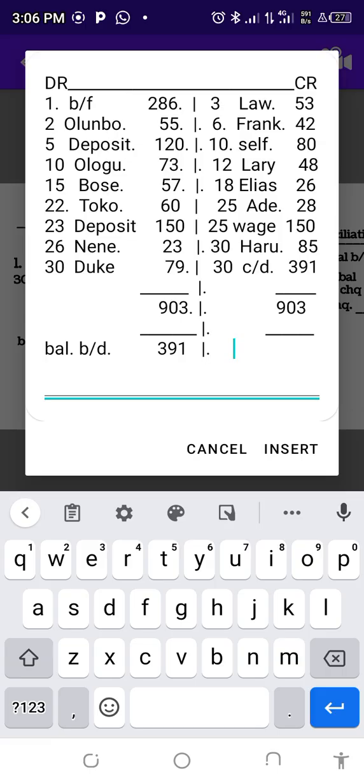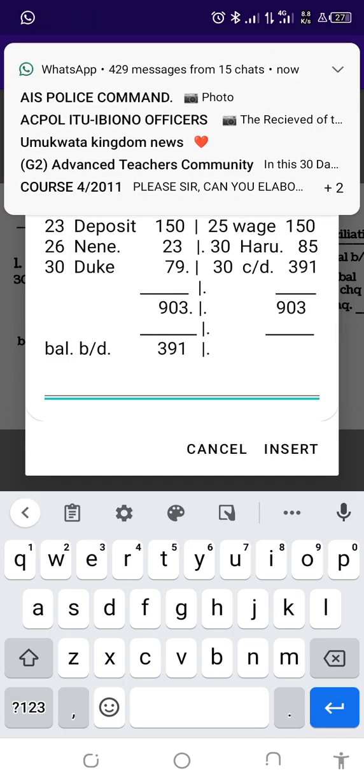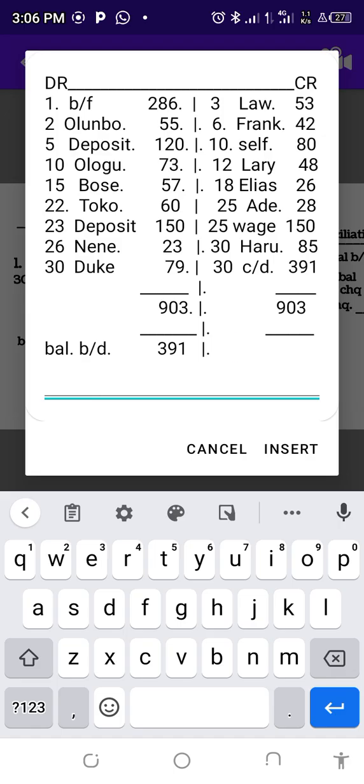We are going to check and try to tally them with the credit side of the bank statement. Any of these cheques or transactions that is in the cash book and is not found on the credit side of the bank statement is now